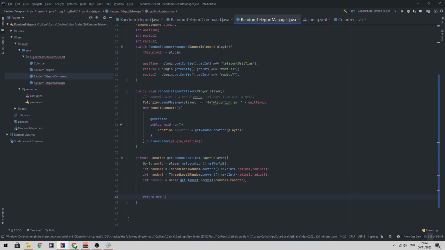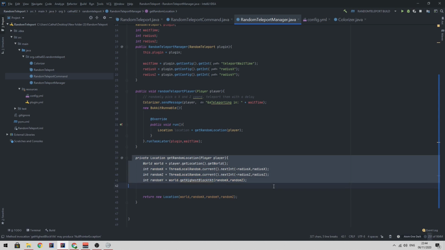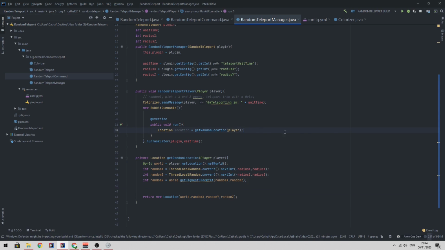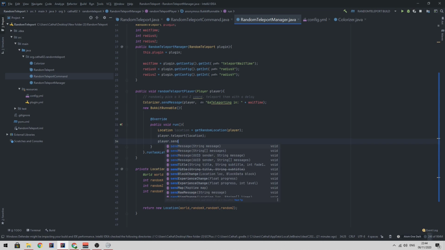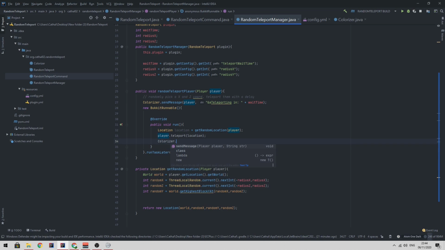We return a new Location: world, random x, random y, random z. Yeah. So here we have a really simple way to generate random locations. And now we want to say player.teleport(location), player.send, Colorizer.sendMessage(player,